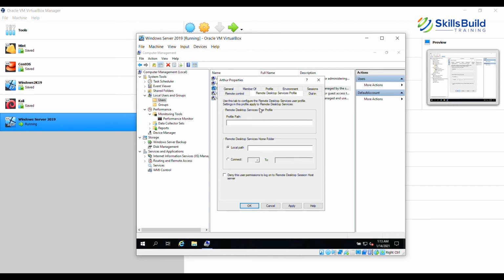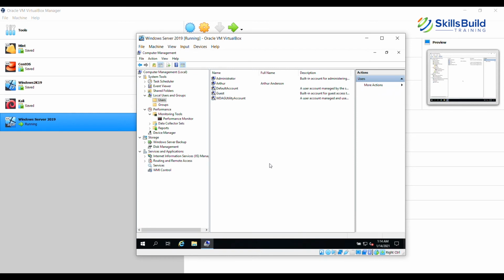If there is any profile that we want to configure for Remote Desktop Services, we can do that here. So here you go. I'm just going to click Close. And now this user Arthur is now the administrator of this particular system.